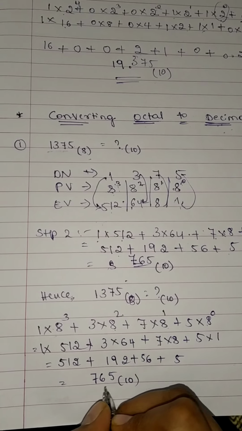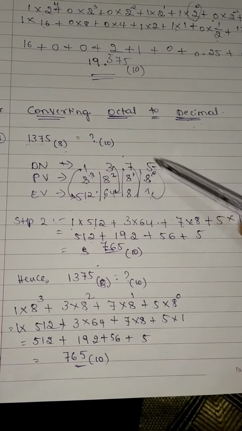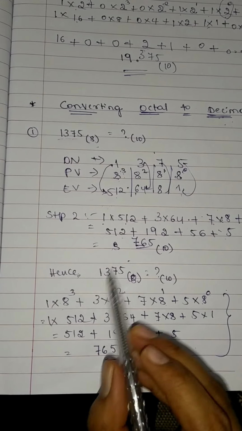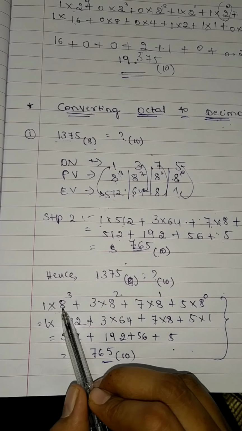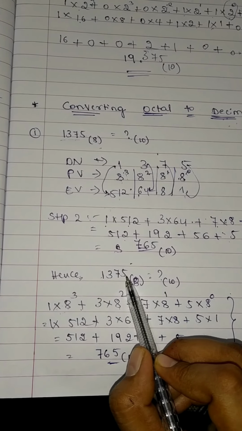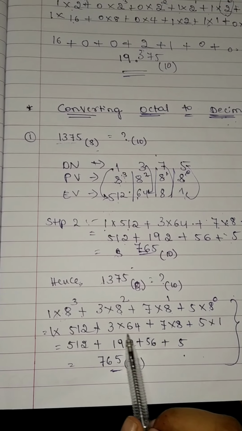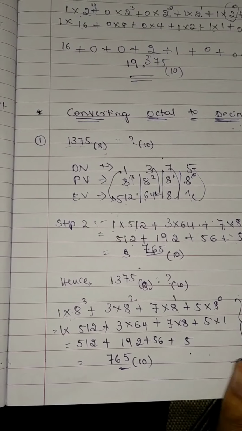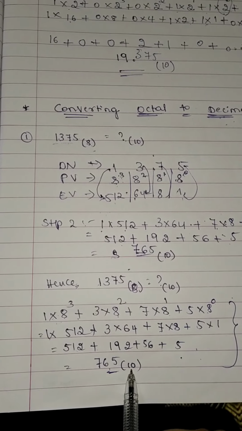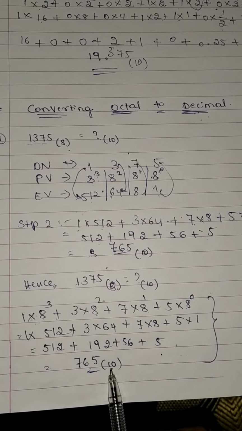Base is 10. In exams you do not need to write all the steps, you just write these things. First take the given octal number and multiply by 8, and so on for each digit up to the last digit. Then give the weightage from left to right, multiply the corresponding digits, sum up the things, then write down the decimal value which is obtained. So this is conversion of octal to decimal.